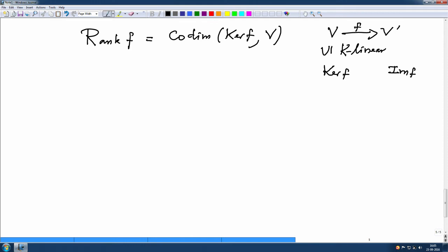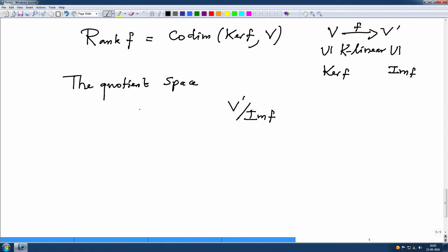This is a subspace here, this is a subspace here, and we have gone mod this and found a codimension of this and this. So, we could do the same thing here. The quotient space V prime by image f,